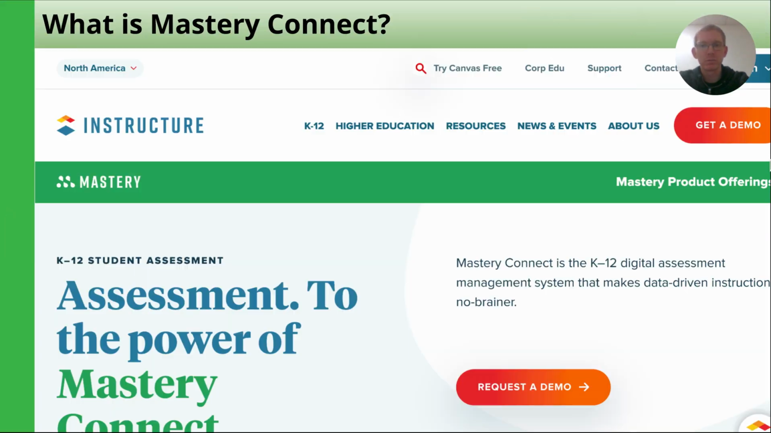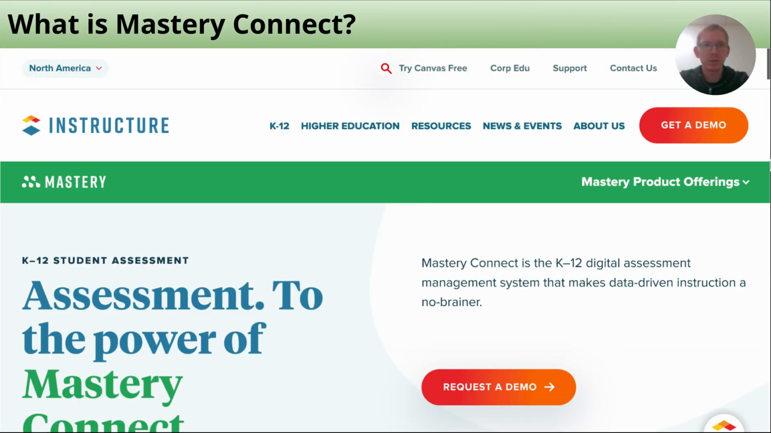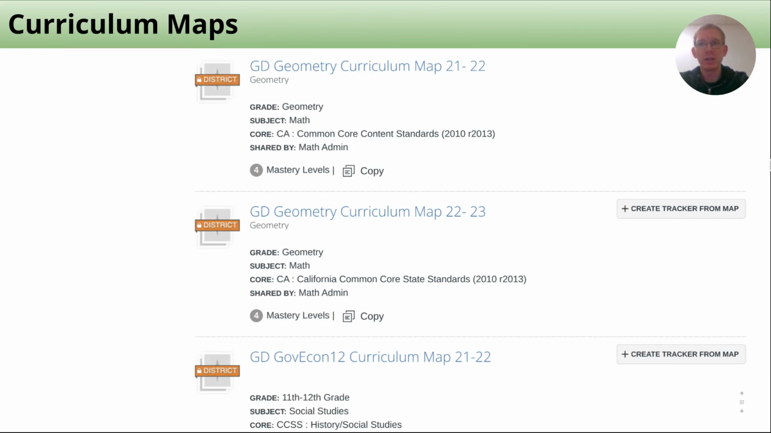So first, what is Mastery Connect? Well, according to their website, it is the K through 12 digital assessment management system that makes data-driven instruction a no-brainer. So let's take a look at some of the features, some of the reasons why somebody would want to use this service. It all starts with the curriculum map, which lays out which standards and which content students are